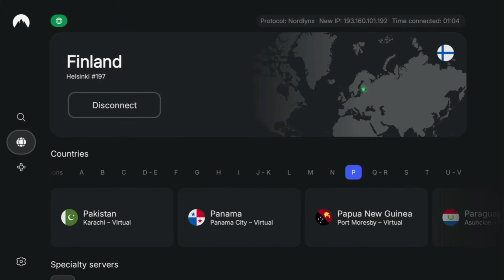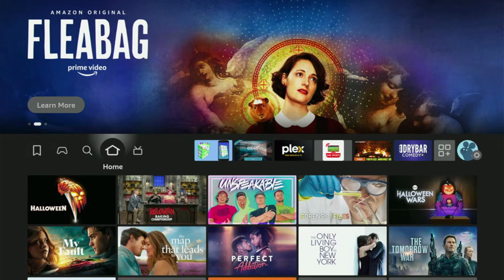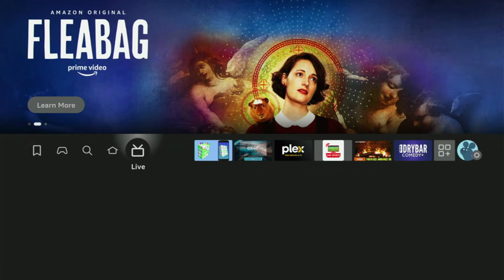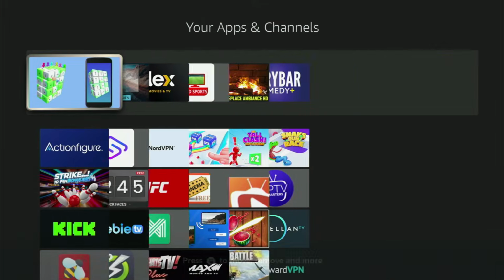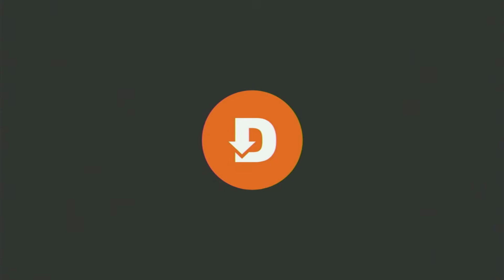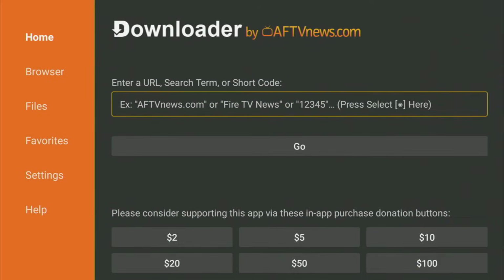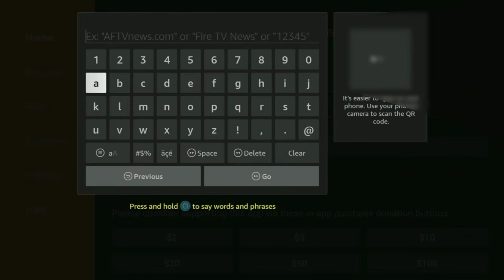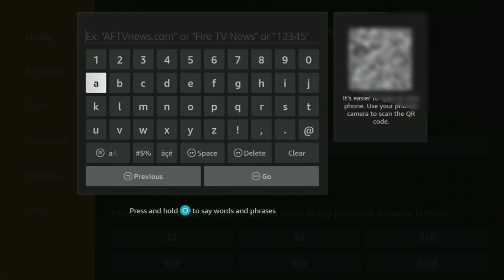And now finally, let's use Downloader safely. So we have to go back to a list of apps on your Fire Stick, and let's open it up, and it's time to start using Downloader now. So we open Downloader. Here in that search bar, we'll have to enter the codes to download the apps to your Fire Stick. So the first code is going to be